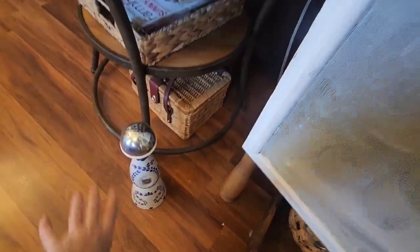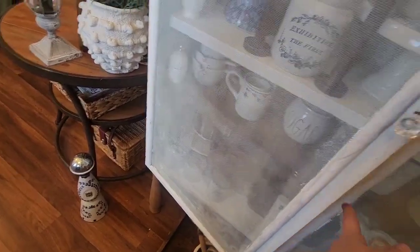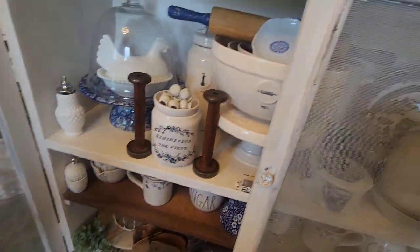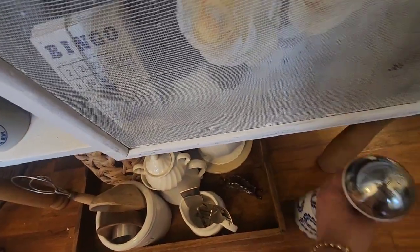y'all, I love these tequila bottles, but I'm not decorating. I don't know what's on the floor right there, but I'm decorating. I did decorate with blue and white in here, but they don't fit in here. So I got 2 of them and they're just sitting here for now because they don't fit and I can't open the doors with them either. So